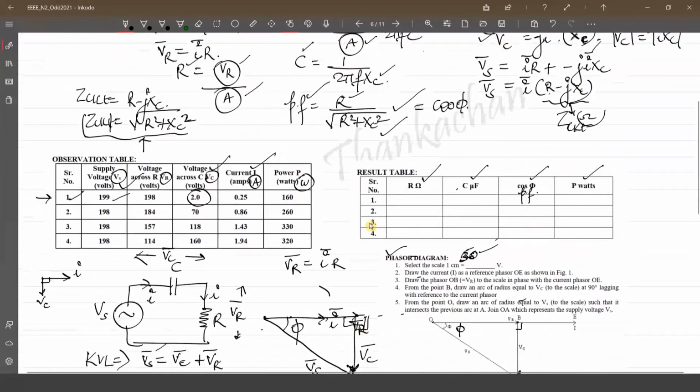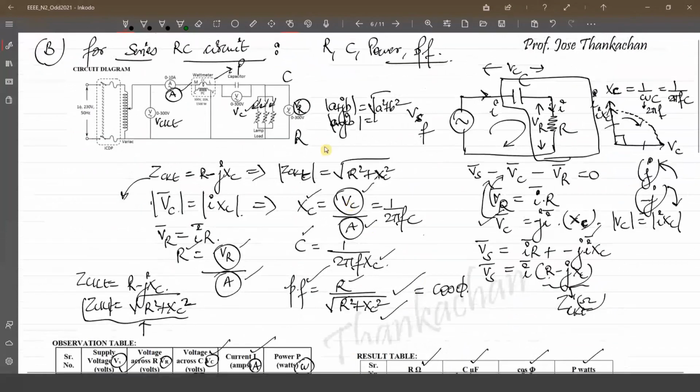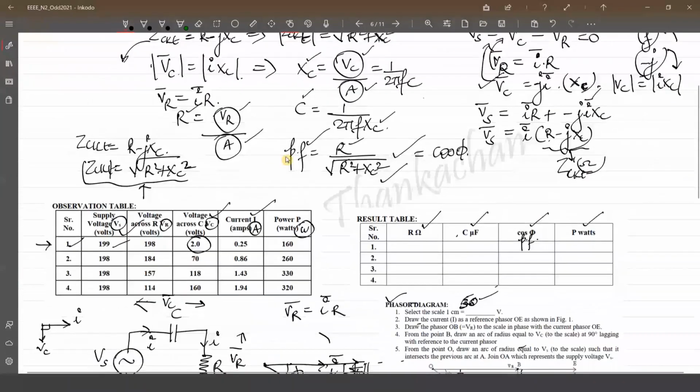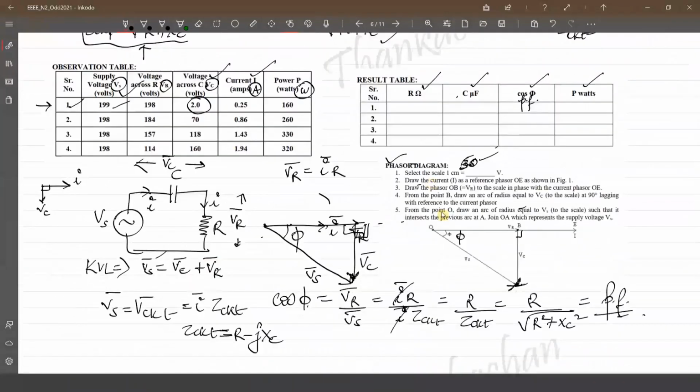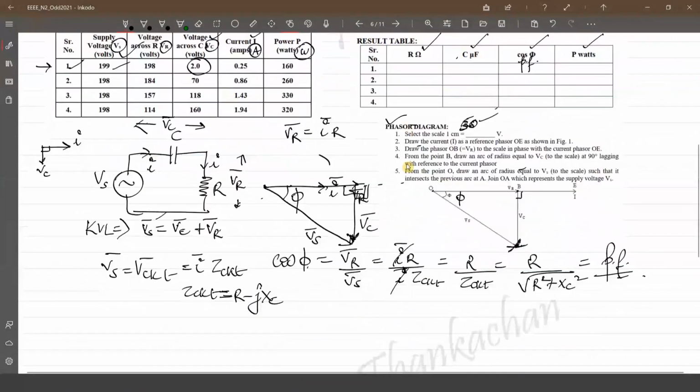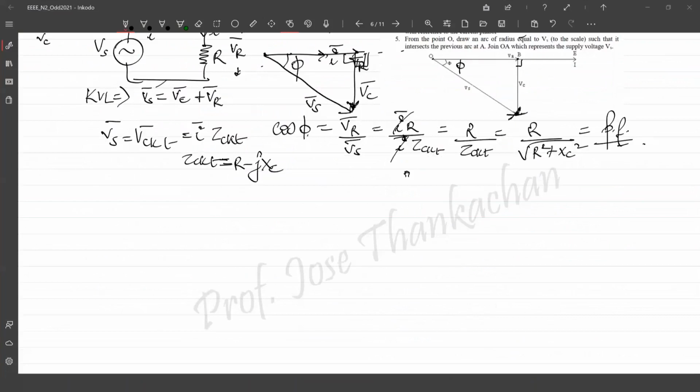So this is how you evaluate all things from the circuit by measuring everything here. We are measuring all these instruments and finally finding out the resistance, capacitance, and power factor in the given circuit. Finally, you have to draw this phasor diagram with the help of such steps. On graph paper, you have to plot it with a specific scale. The same you have to plot for the phasor diagram of the choke coil also. For the choke coil, I'll just quickly tell you the method to plot.